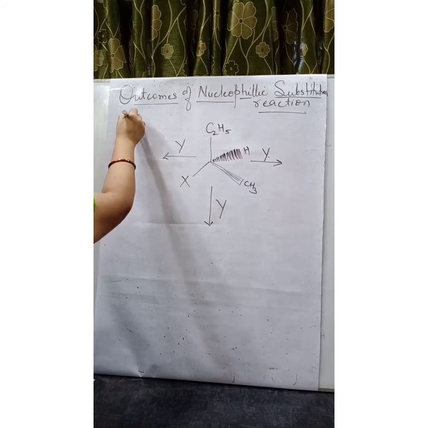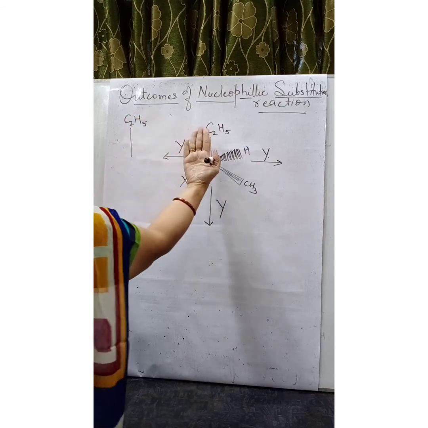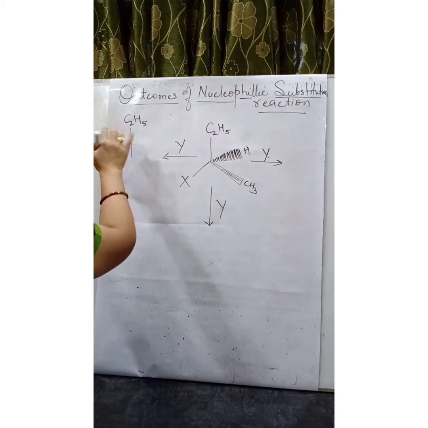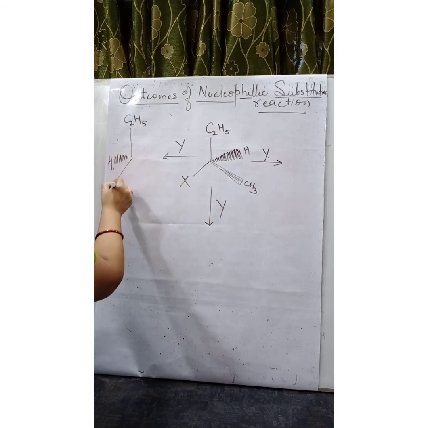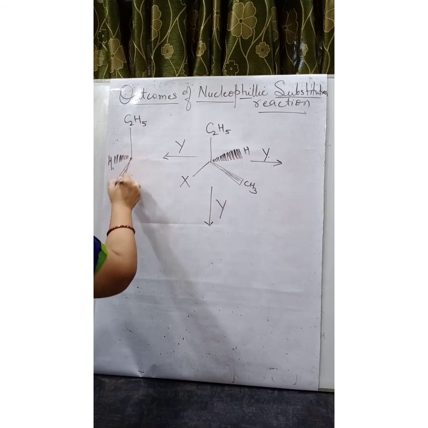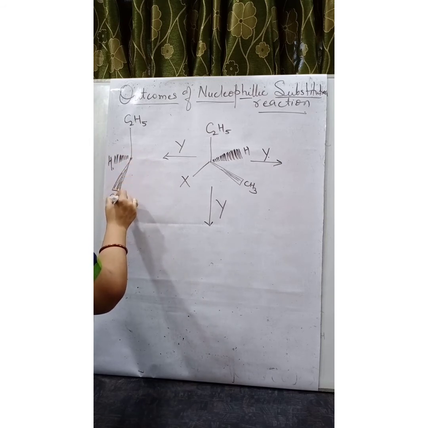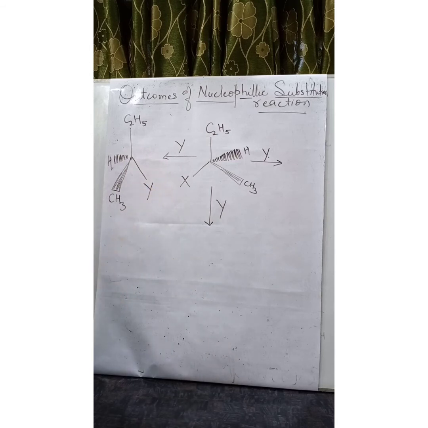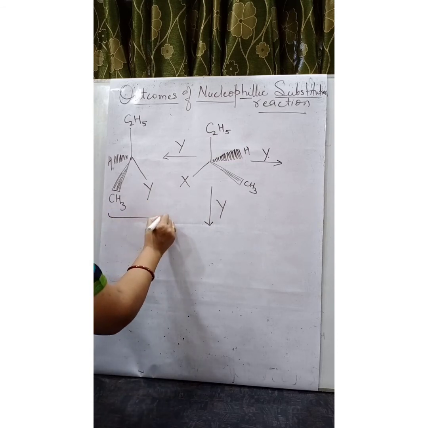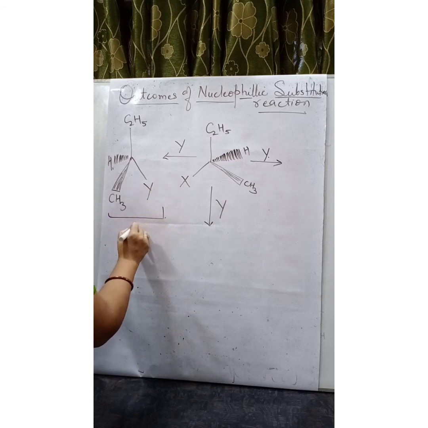So this is the compound, and our compound is going to get inverted like this. So that means you will be having C2H5. This whole compound is getting inverted. The H is going to move on this side. Then we are going to get the groups inverted, and from this side the halogen is replaced and is substituted by Y. Let this be product A.